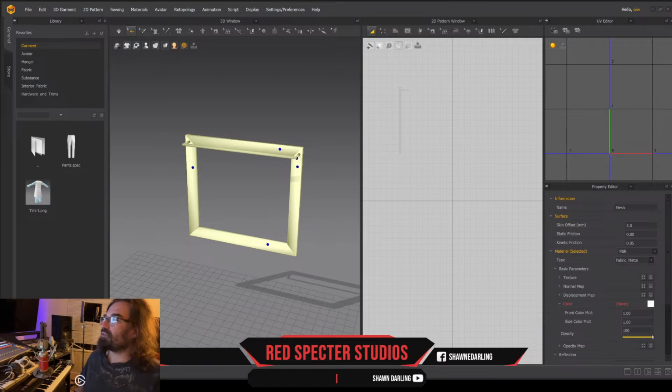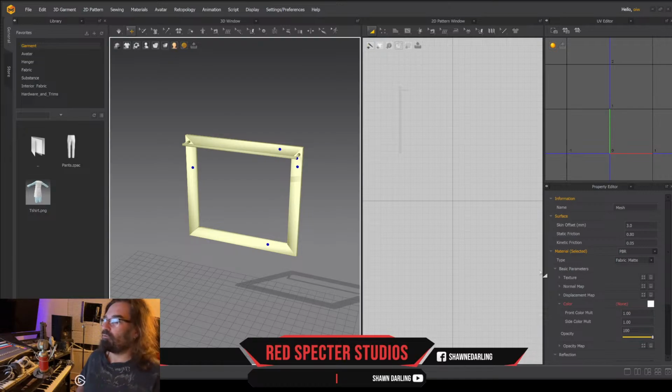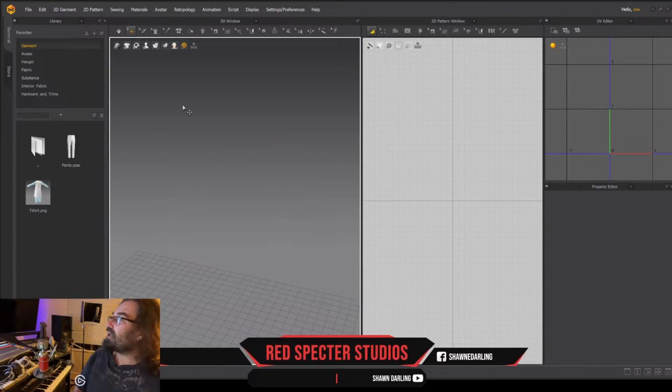I just want to make this one single file. So back in Marvelous Designer, where you guys have been this whole time, we're going to go ahead and delete these guys, and we're going to now import this OBJ,